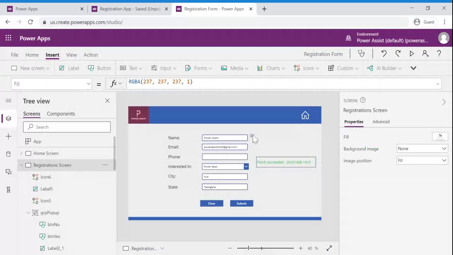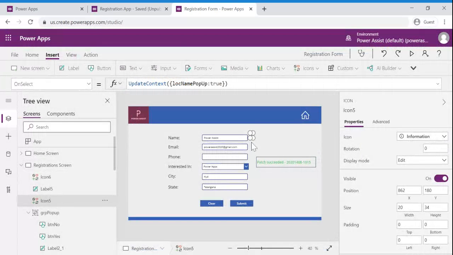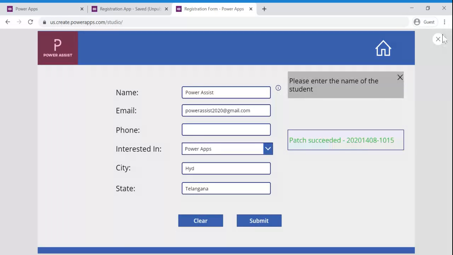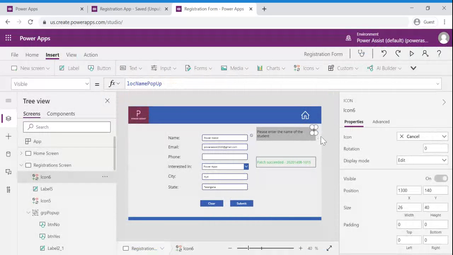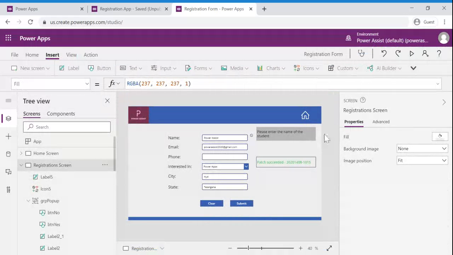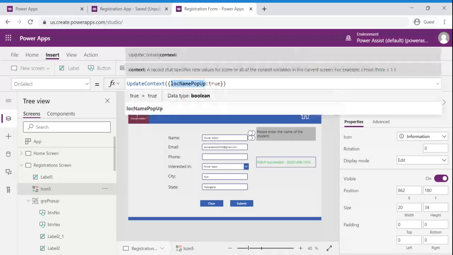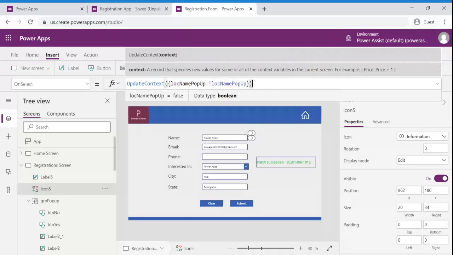We can achieve the same thing without this particular close button, let us say, and I'm going to delete it. I'm going to the information icon, copy this variable name, and update it as this.